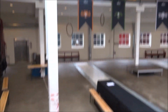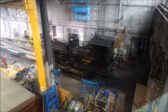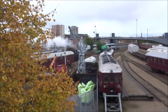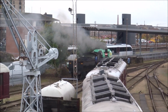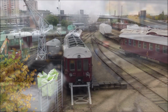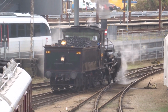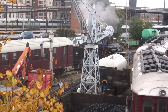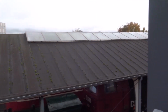So now that we've done the roundhouse, there's some stuff upstairs. There's also some special exhibits around the edge, and there's a whole section outside as well. You can also take a look at the workshop. Where's that loco going? Right, I'm going to whiz through the balcony level and the special exhibits inside, and then I'm going to head